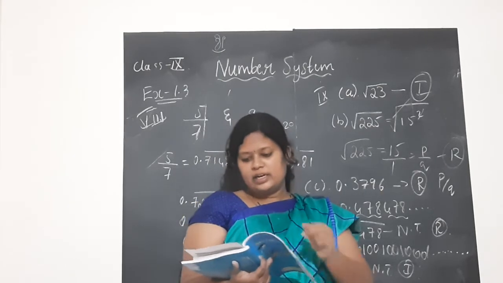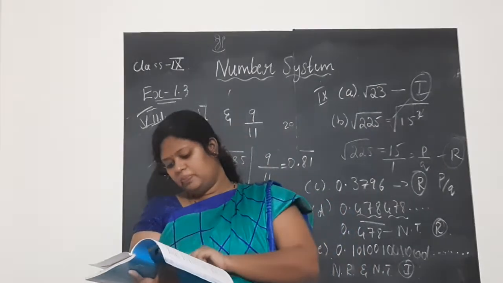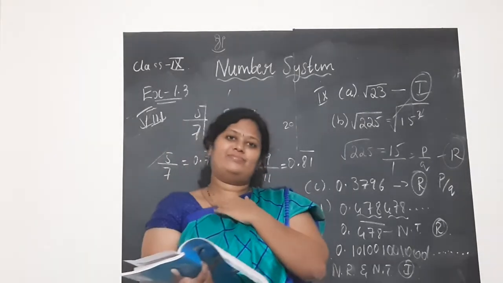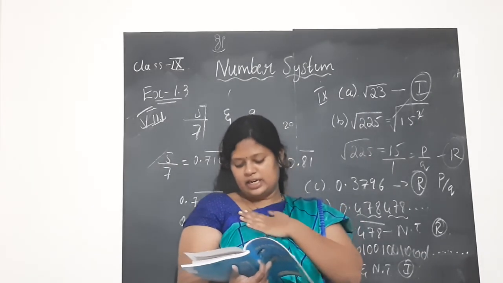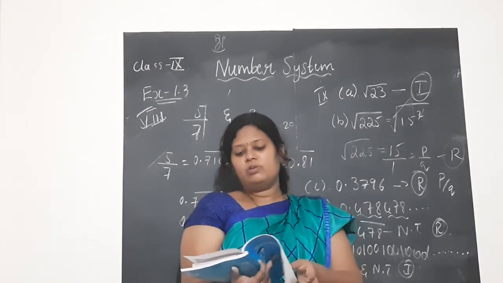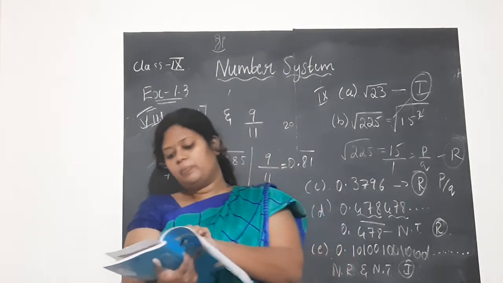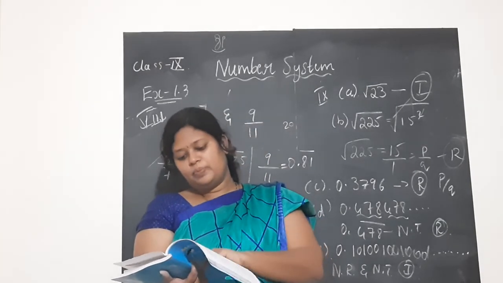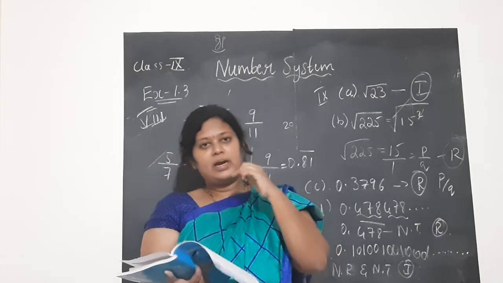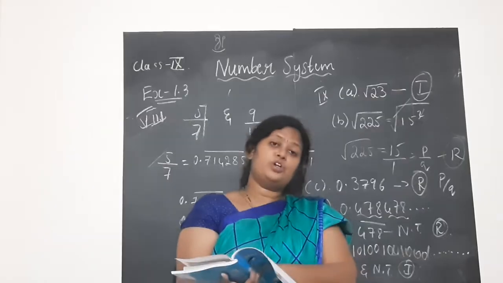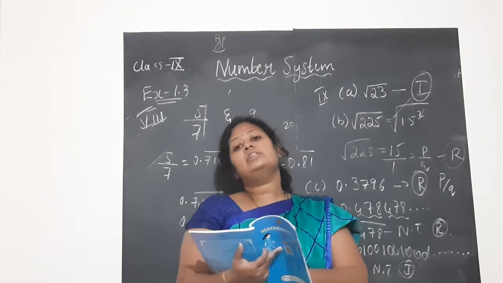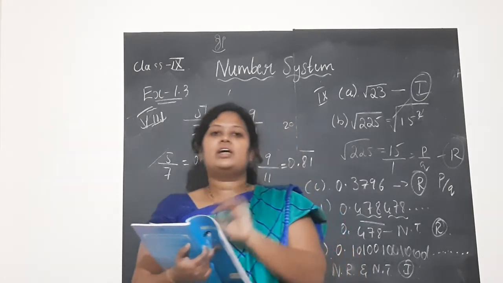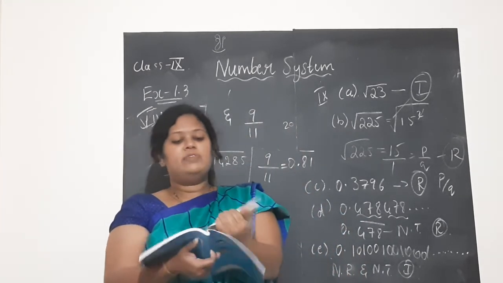And next, no need to write any example problems. Next, on page number 12, children, you have two paragraphs given in a different font. That is about rational and irrational numbers. You do one thing: don't write anything from page number 11. From page number 10, you write case 1 and case 2 after giving the heading. Next, you come to page number 12, and the two paragraphs which are given in a different font, those two I want you to write. Then continue with this exercise 1.3 and answer all the 9 mains neatly and keep your classwork ready, children. In the next class, I will teach you about this.